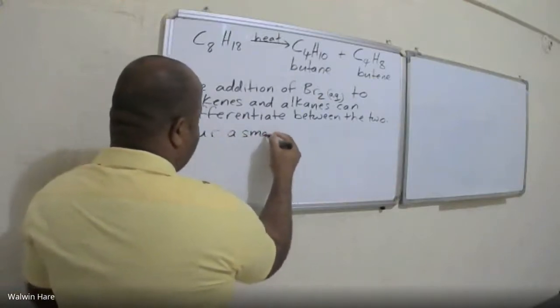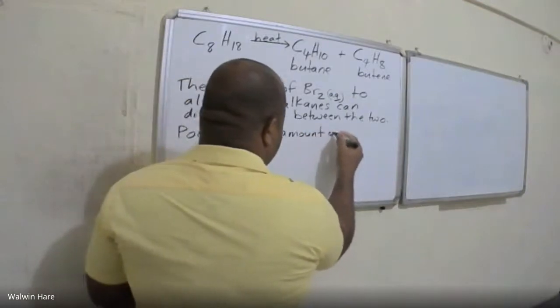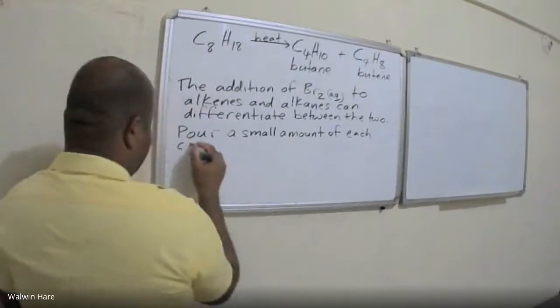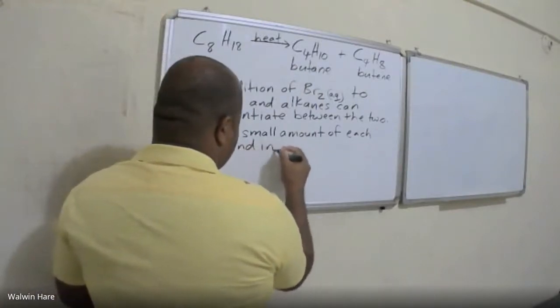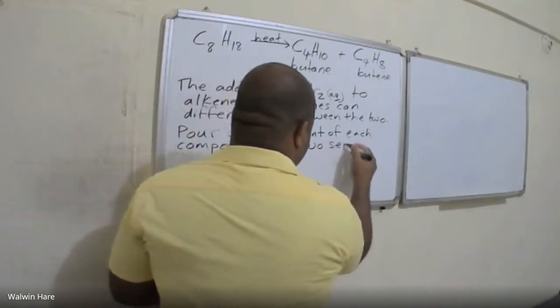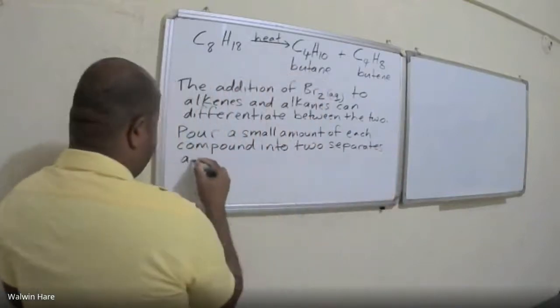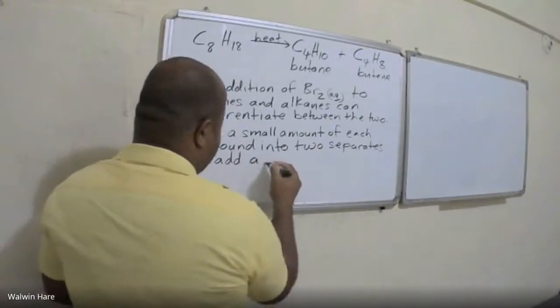So all we would need to do is what? Pour a small amount of each compound into two test tubes and add a few drops